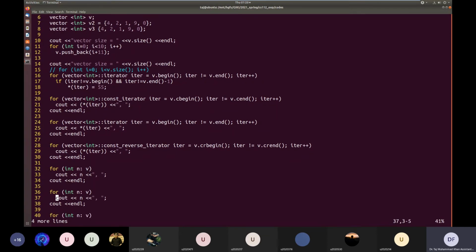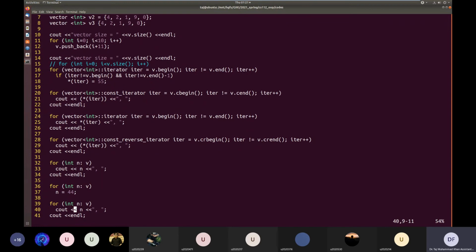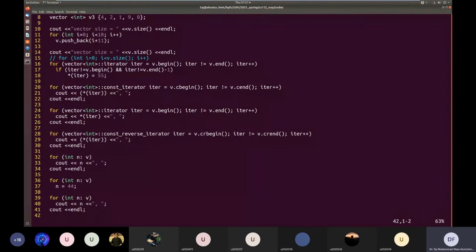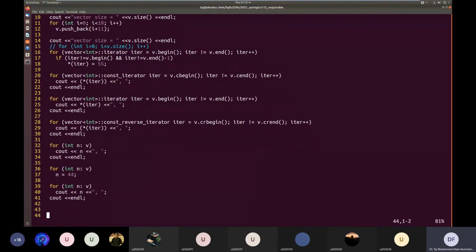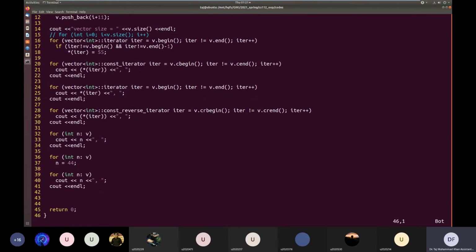So here, what we will do is, we printed as we were printing already, and then we do this n is equal to 44, and then we print the vector again. What do you think the last printed line will be?